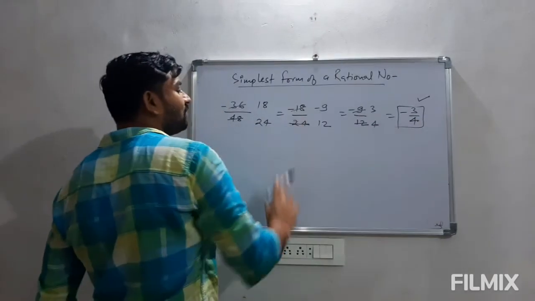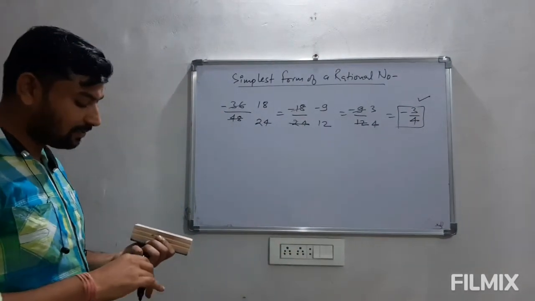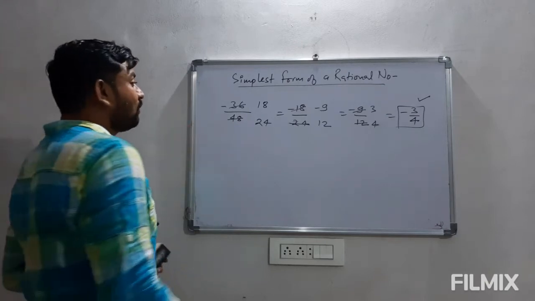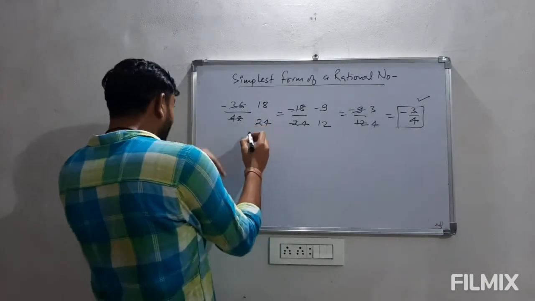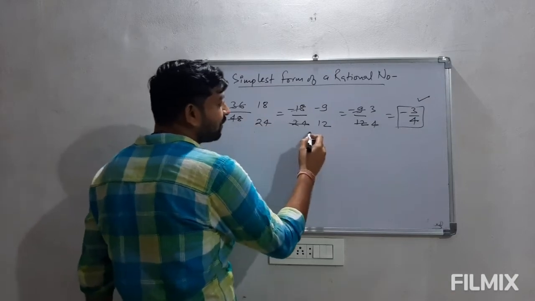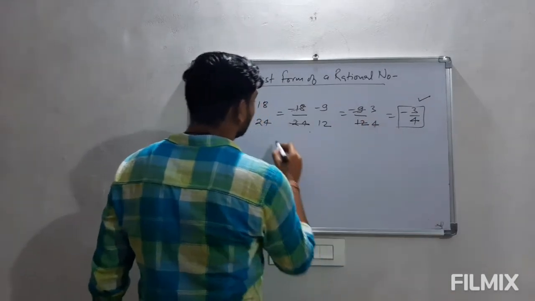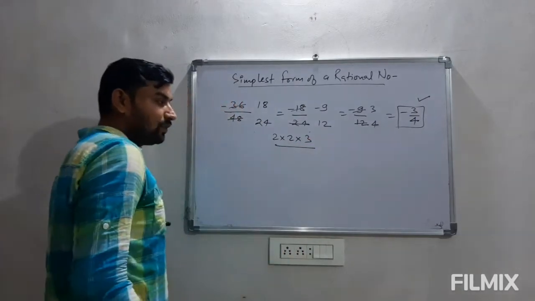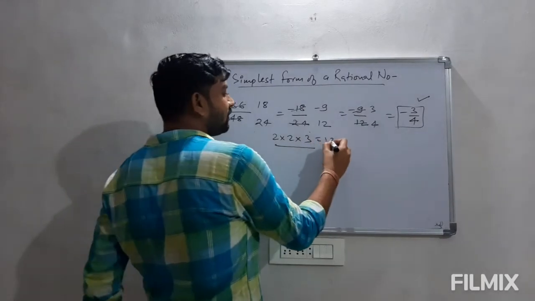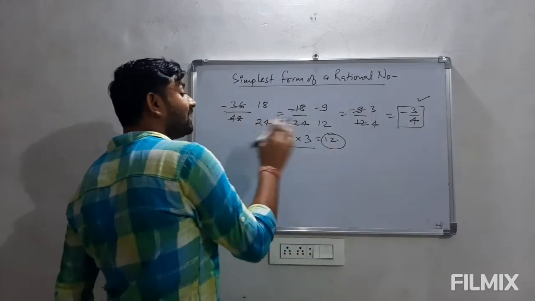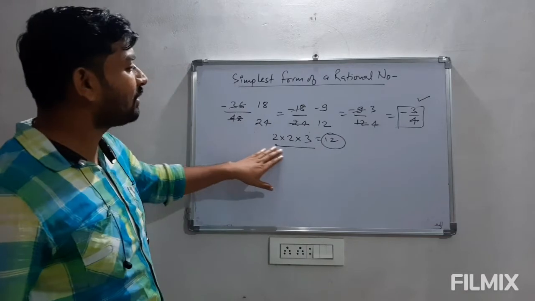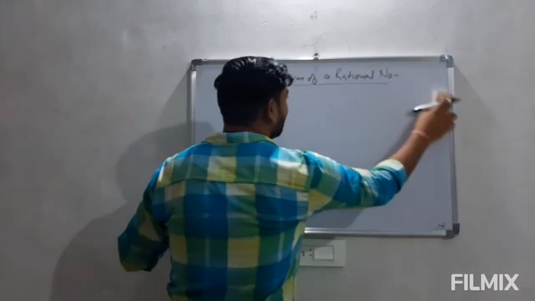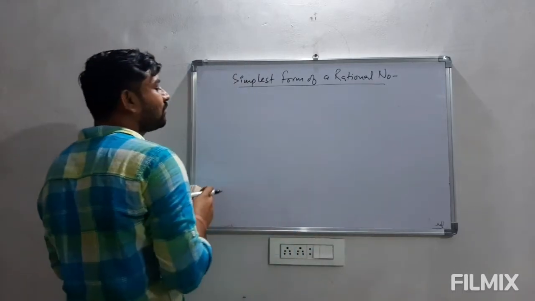But this process is not a unique method by which we calculate the simplest form. Here what we did, firstly we divided by 2, again we divided by 2, and then we divided by 3. So in all we divided here by 12. 2 into 2, 4, 3 are 12. So we divided by 12. So directly it can be done, but how to calculate this value directly?